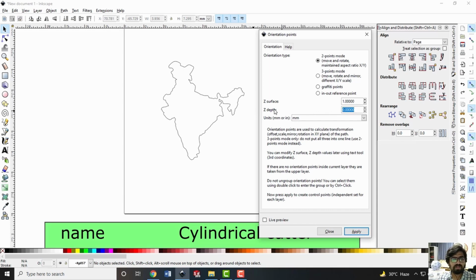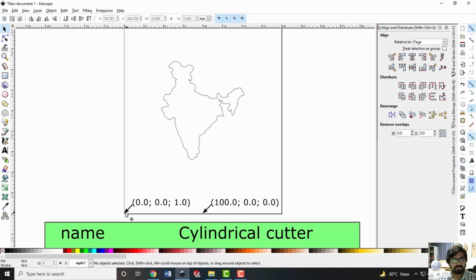On that height only it will cut the material which we will utilize for adding the material. If we are fine with this, say apply, and it has created 2.1 corresponding to the left bottom corner, that is our 0, 0, and 1 is showing the surface height. But when cutting it, it is going to be at 0. So our deposition will happen at z equals 0.